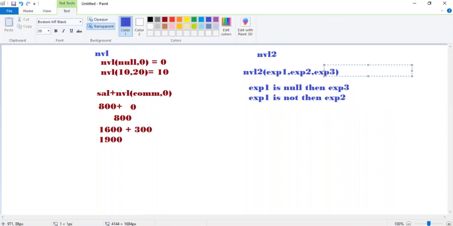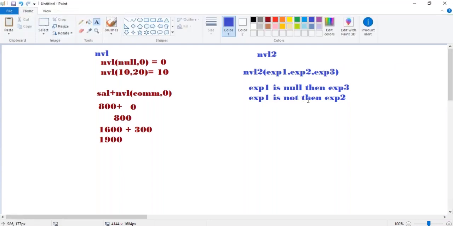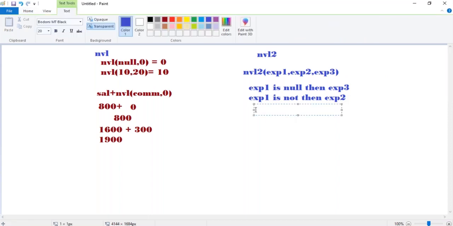Then the result will be 30. NVL of 10, 20 and 30. Now when the first expression is not null, then it will return expression 2. That means the result is 20.